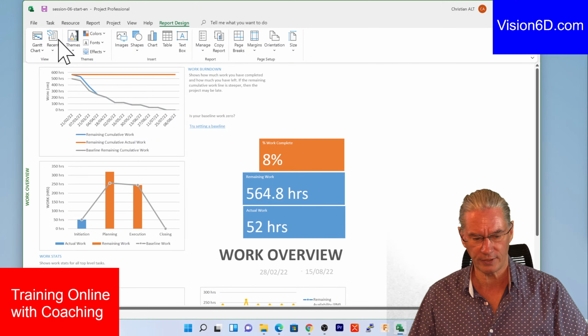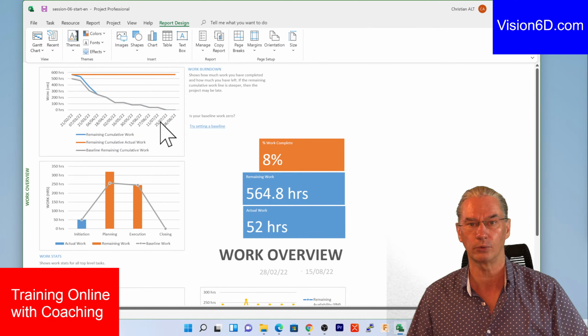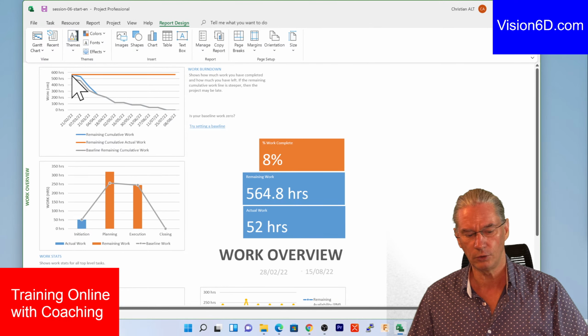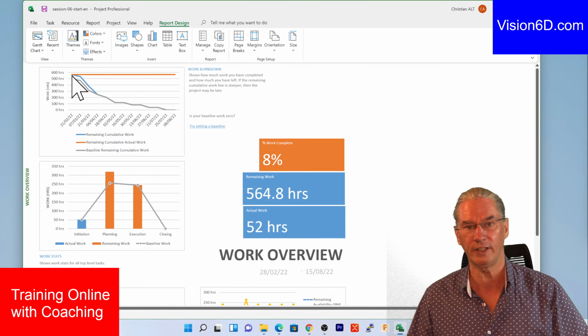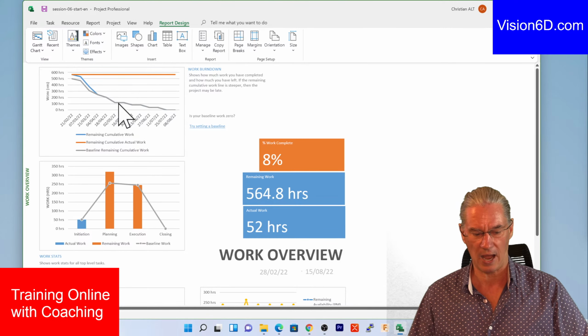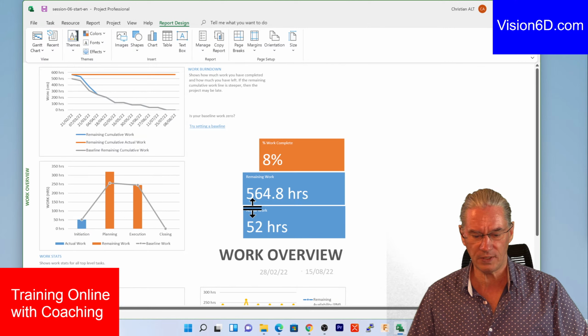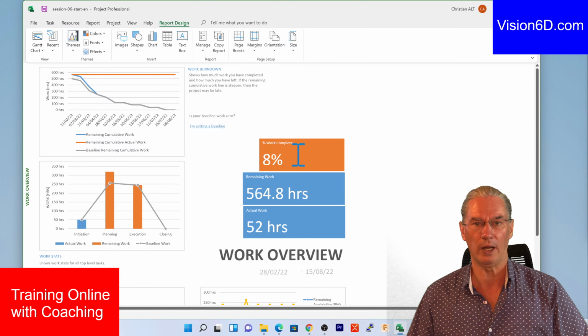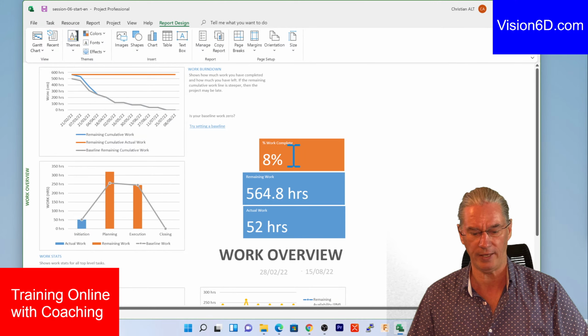Here we have a chart that could be defined as a burn down chart. You see the number of working hours involved in this project. We see how we are advancing in the project and how we are going to consume those hours. Work-wise, this project has already advanced by 8%. We have a total of 564 hours remaining, and the actual work we've done in the project